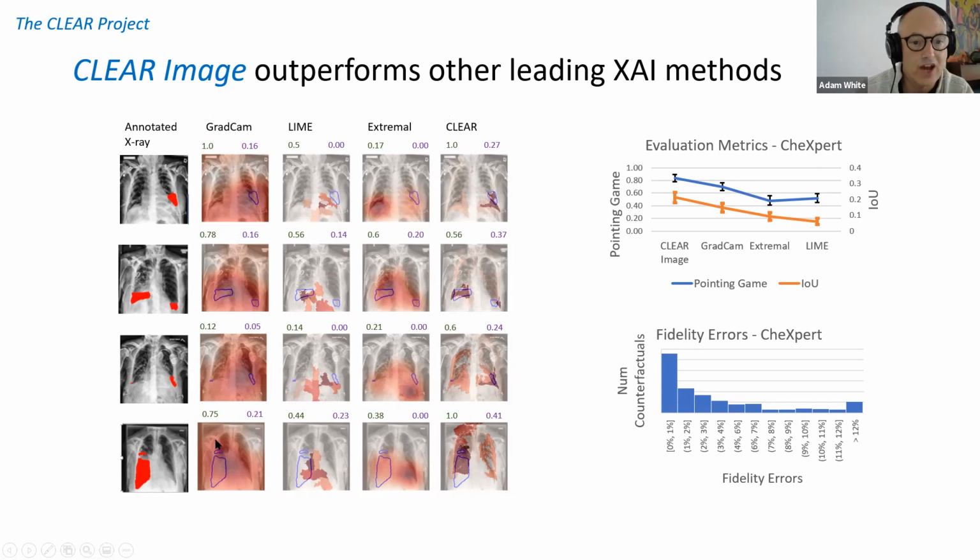Now, if we look at GradCam, which is constantly being cited in papers on COVID and AI and so on, we see it performs very badly. It's very kind of fat-fingered, if you like, covering a large part of the X-ray. And it performs very poorly on the 2 measures we used for evaluating each method, which was pointing gain and also intersection over union.